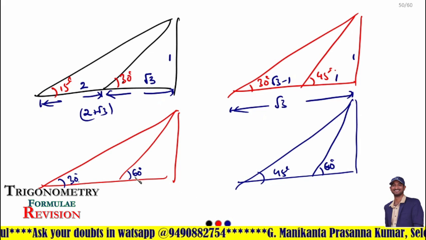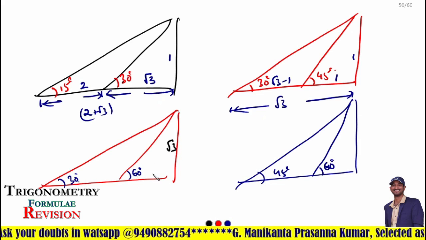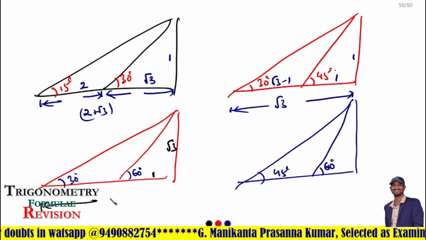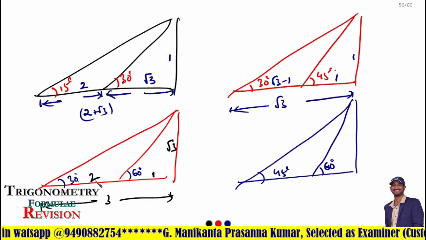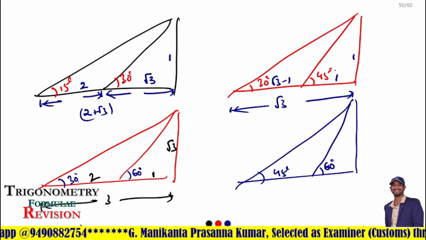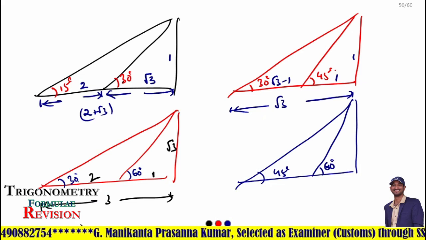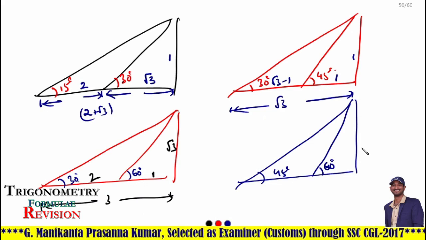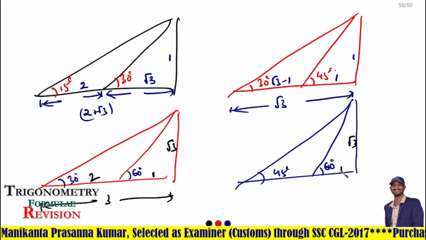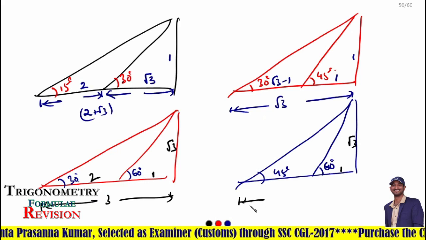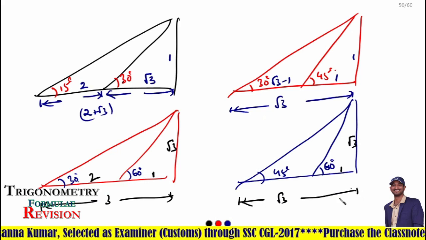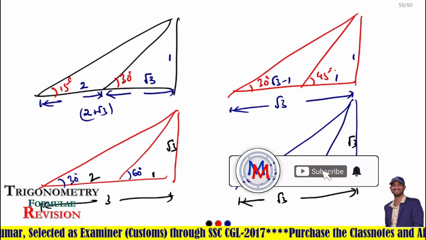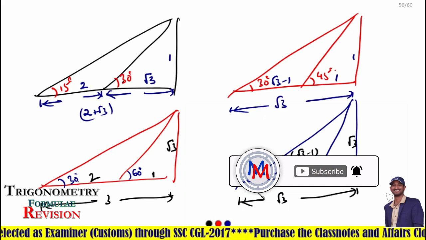When 30 degrees and 60 degrees are given, it is root 3 parts and 1 part, total 3 parts and it is 2 parts. It is all the application of tangent: tan 30, tan 60, tan 45 only. When 45 degrees and 60 degrees are given, 60 means root 3 and 1, and 45 means root 3 and root 3. But this distance is root 3 minus 1 parts.